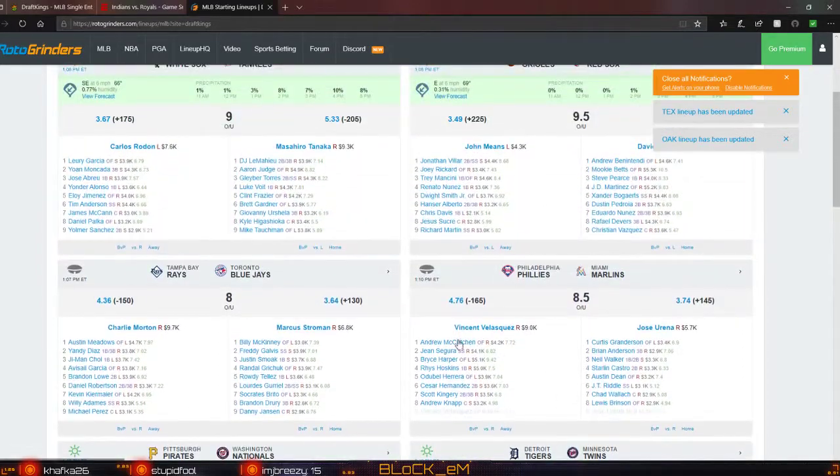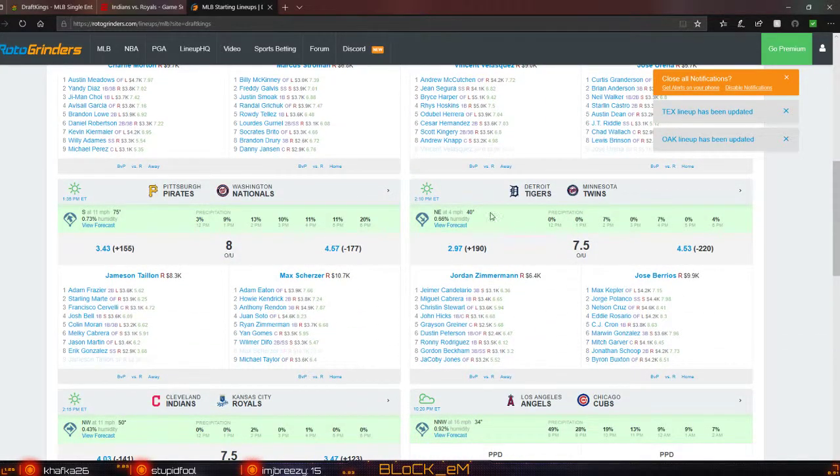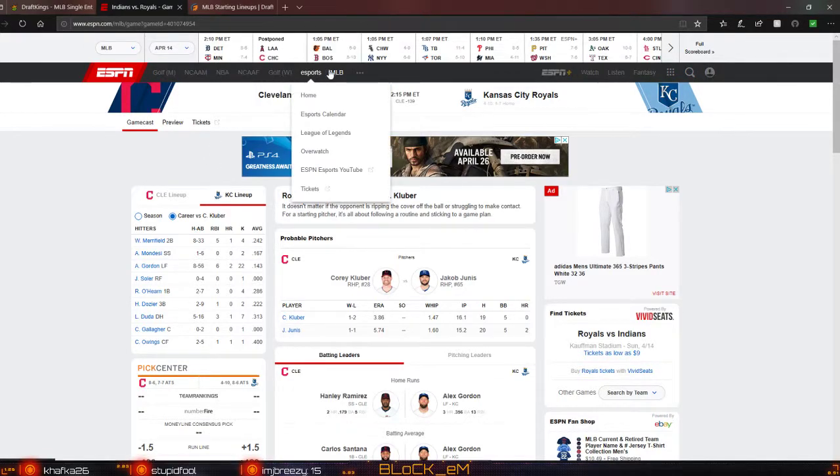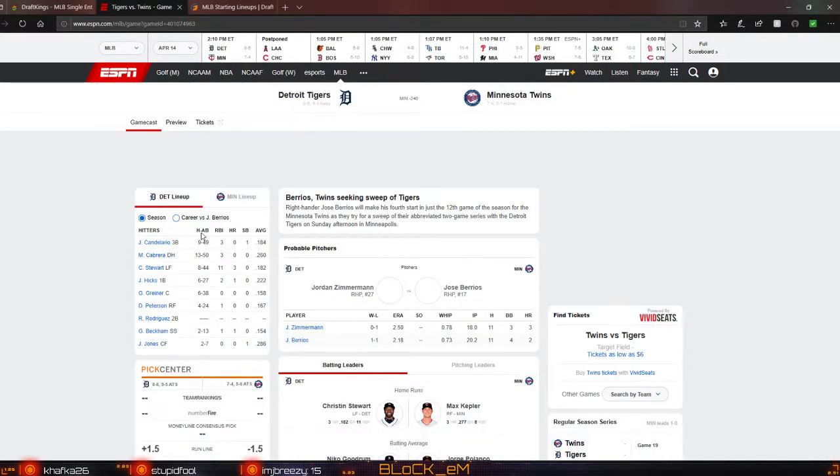So the other game I want to kind of check out is going to be right here, the Tigers in Minnesota. I don't think the Tigers have a good hitting lineup. So we want to look at how Barrios fares against them. So we're going to go to Gamecast here. So Barrios